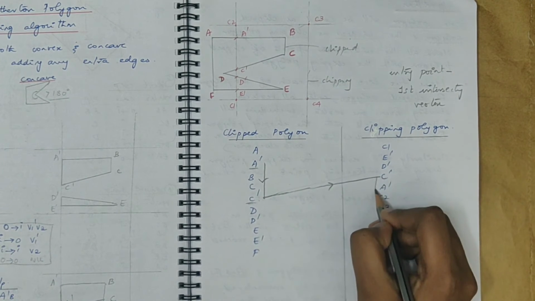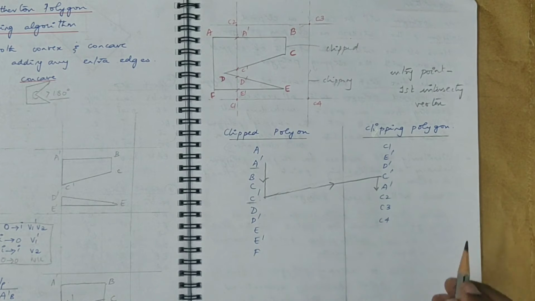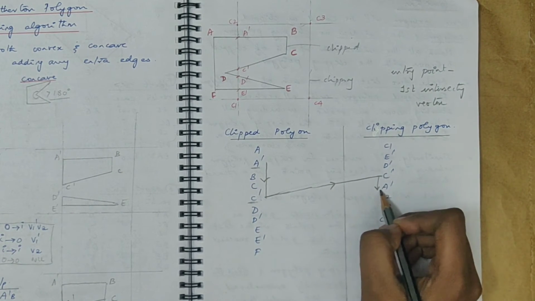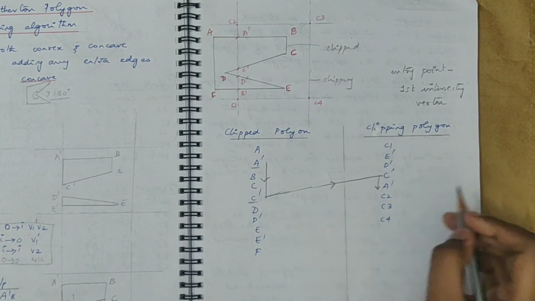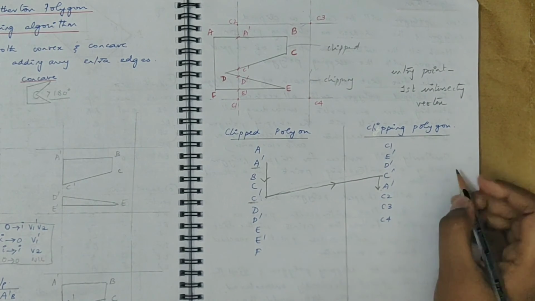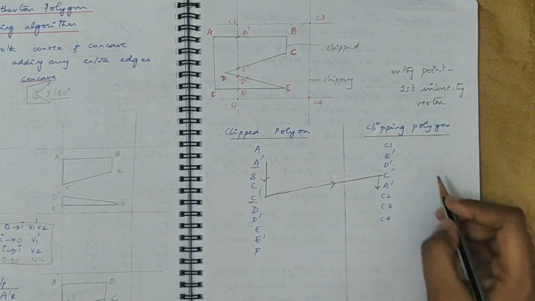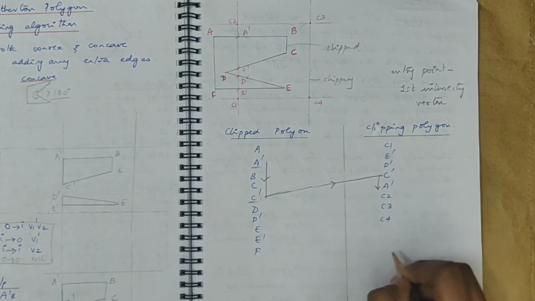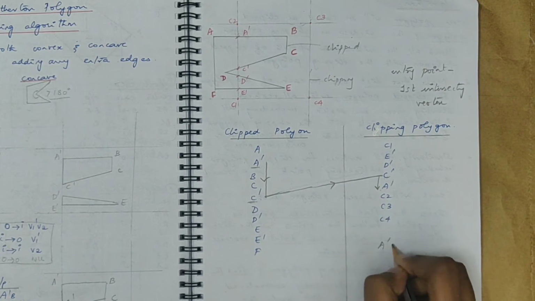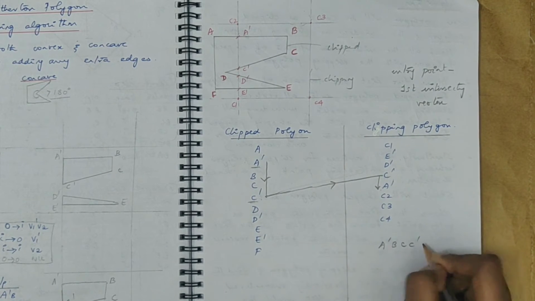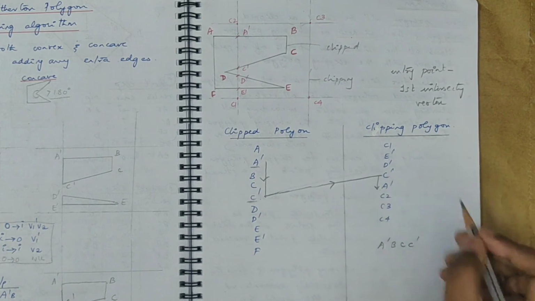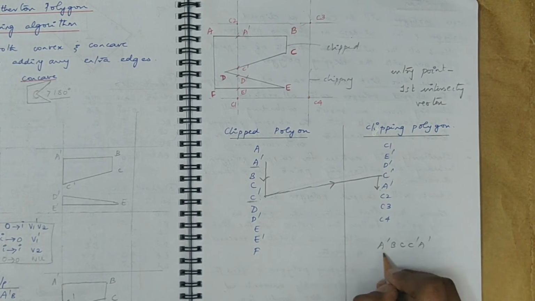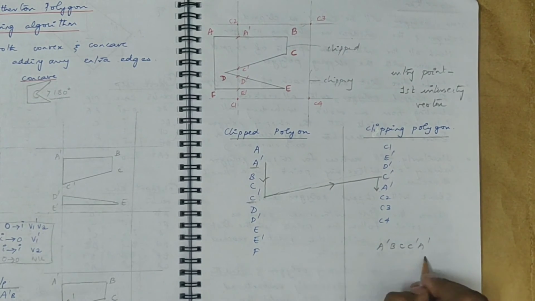So here you can see that the first intersecting vertex is here itself, A dash. So these points that you have traversed become a part of your first clipped polygon. Okay, so add them to a list. So you will have one list here, the output list. You can add these vertices to that output list. So you have A dash, B, C, C dash. From C dash again you have A dash. Okay, so these are the vertices for the first clipped polygon.